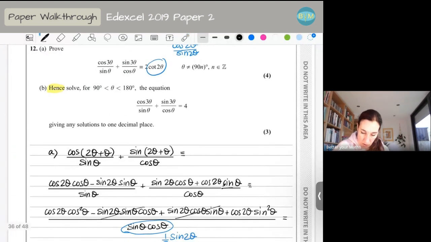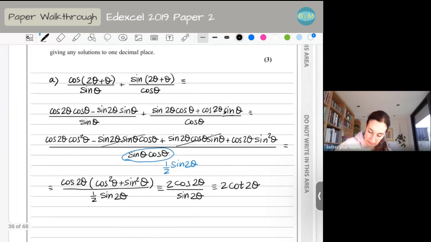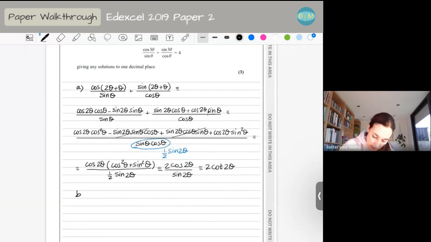2 cot 2θ. So for part B, I have 2 cot 2θ equal to 4. And that's what I have to solve. And I'm going to remind you,